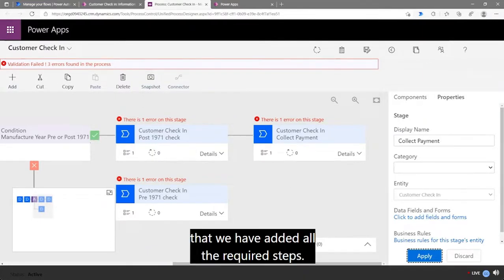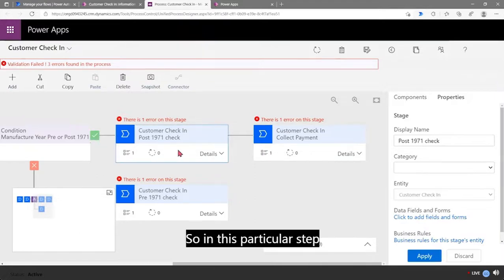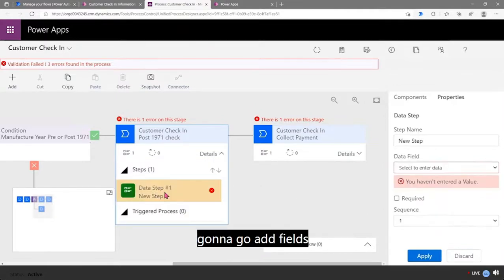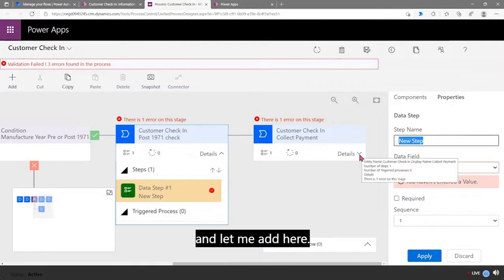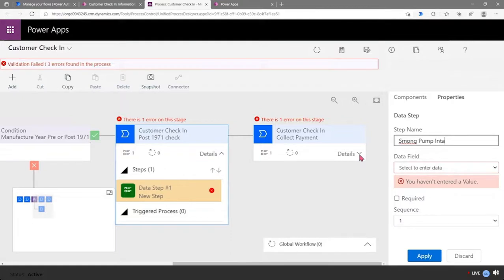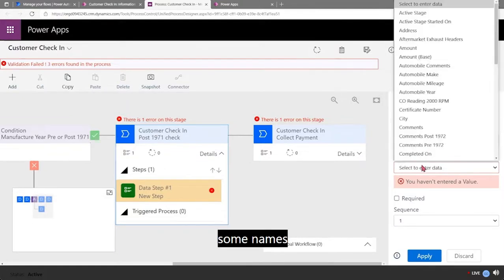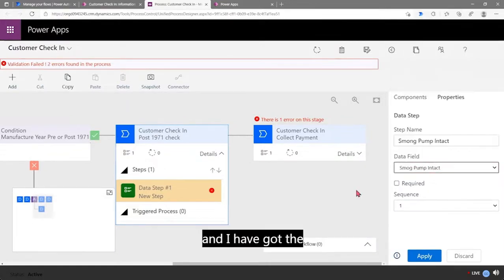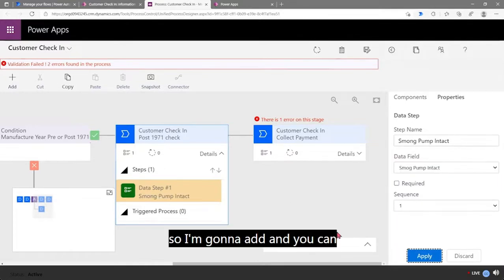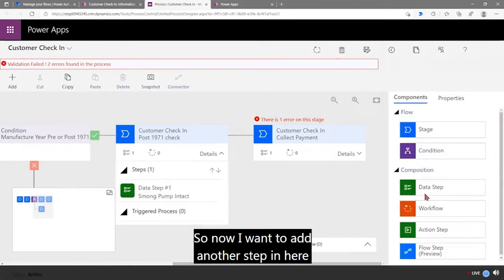but we need to make sure that we have added all the required steps. So in this particular step, what I want to do is I want to add different fields. So here I'm going to go add fields, and let me add here. So I'm going to give you some names, and I have got the corresponding fields in here. So I'm going to add, and you can see as I add my steps here in the stages, the error goes. Okay, so now I want to add another step in here,